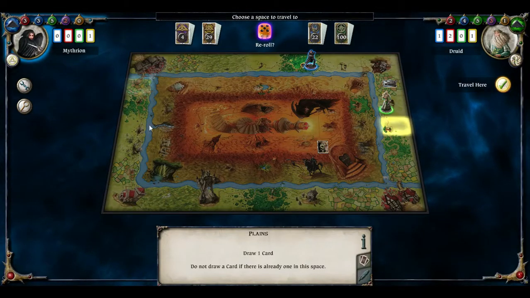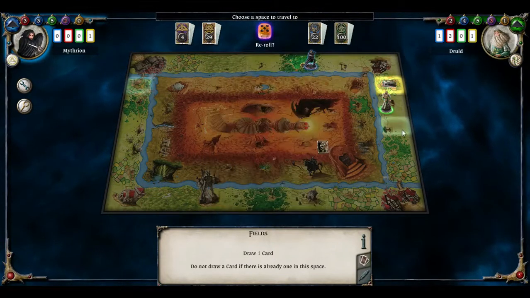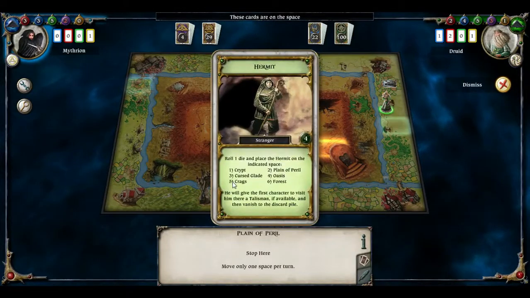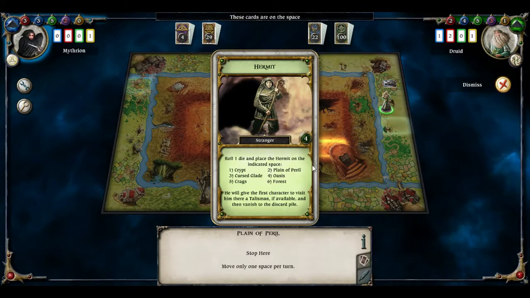Another thing that I like that this game does is that it leaves the cards on the board. So this phantom is still here, and you can look at it at any time. I think that's really good that they did it. Notice the hermit that was played earlier: the druid encountered this hermit and it rolled a die, and that just determined where the hermit goes. And the first person to visit them is going to get a talisman,